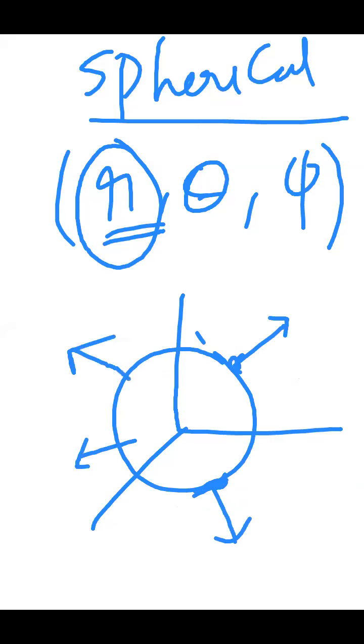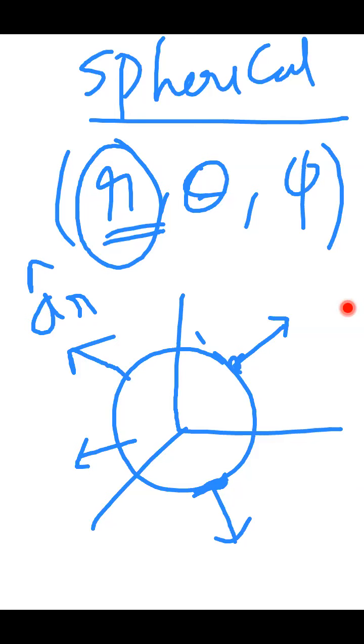So what is this? This is a_r cap, the unit vector in the radial direction. What is a_r cap? It is a vector in the increasing direction of r. If you go in this direction, definitely r will increase. The radially increasing direction of r is called the a_r unit vector.